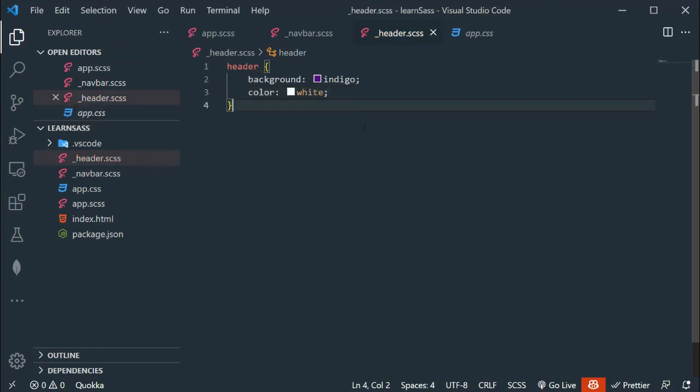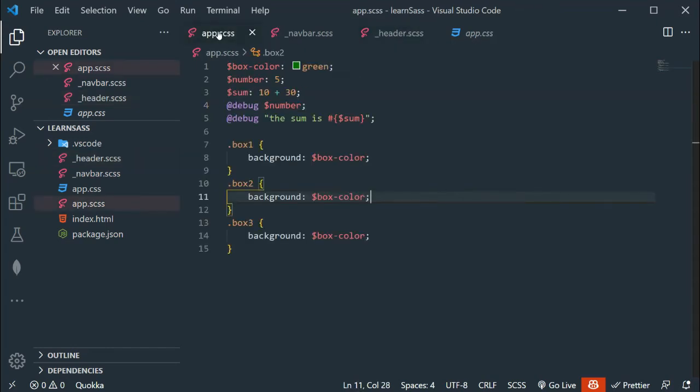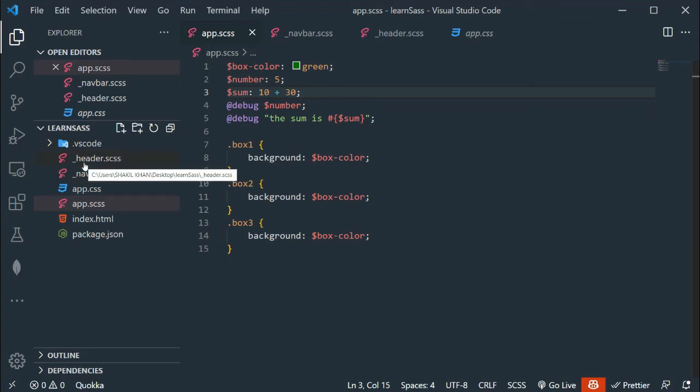Now I want to access these two modules inside the app.scss file. So what we need to do, simply we have to use a SASS rule and the rule name is use.